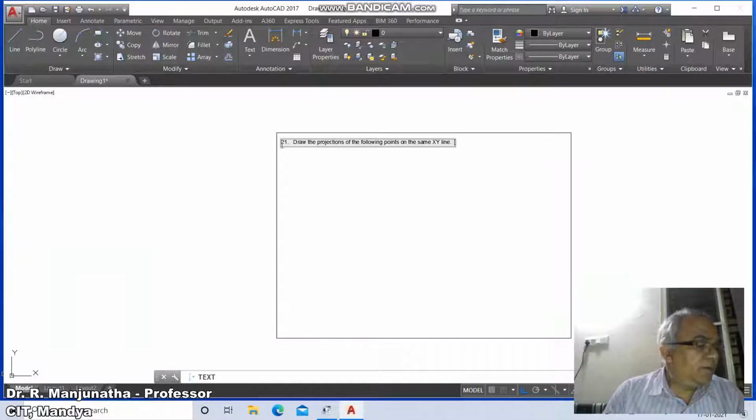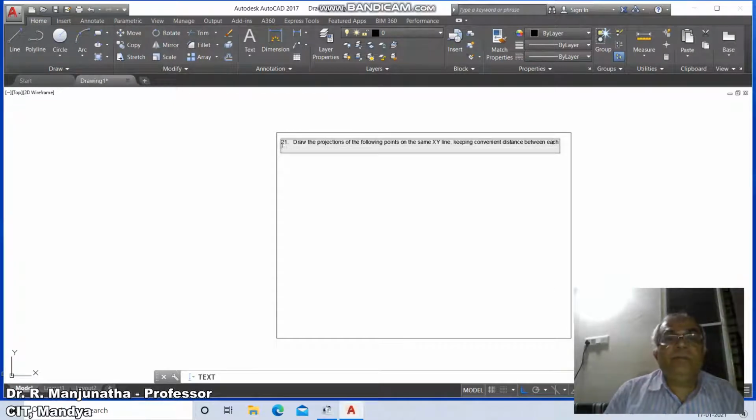draw the projections of the following points on the same XY line, keeping convenient distance between each projectors. Name the quadrants in which they lie.